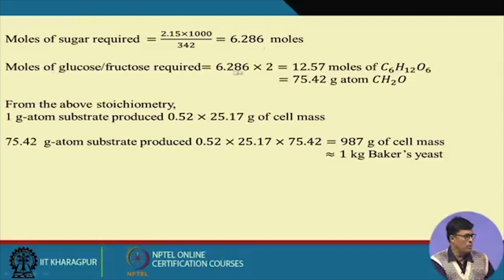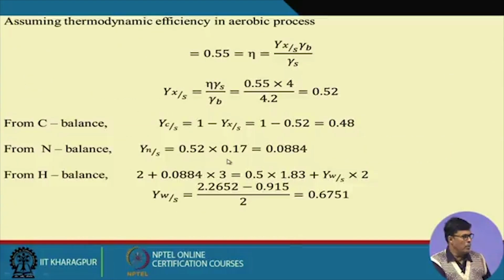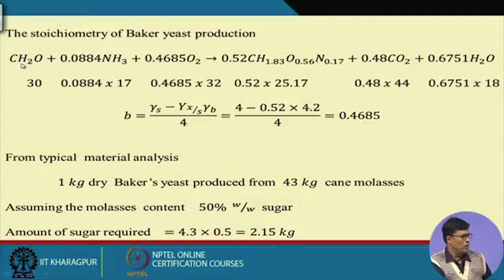Now, 6.28 moles of sugar can produce 2 moles of glucose each, and then you multiply this much glucose. 1 mole of glucose contains 6 moles of CH2O, so you multiply by 6 and you get the gram atoms. Now, from our stoichiometric equation, 1 gram atom of substrate produces 0.52 grams